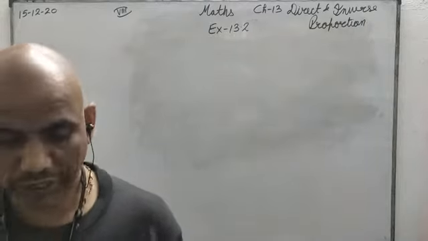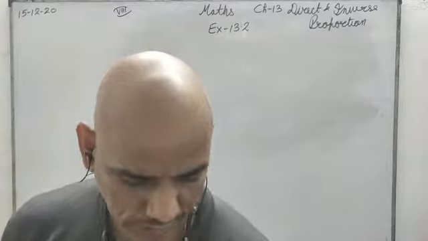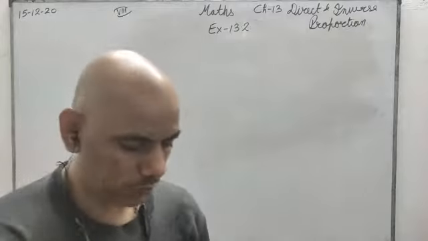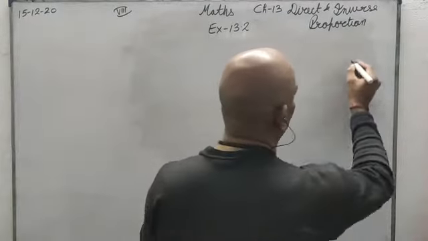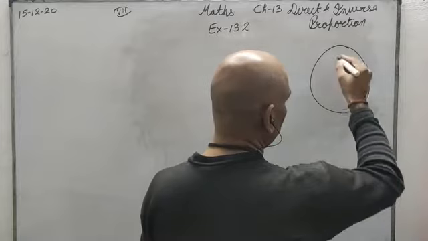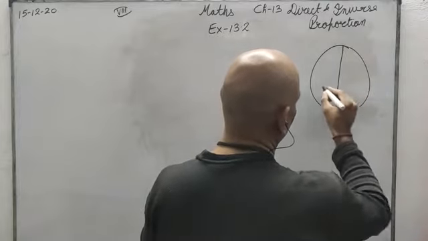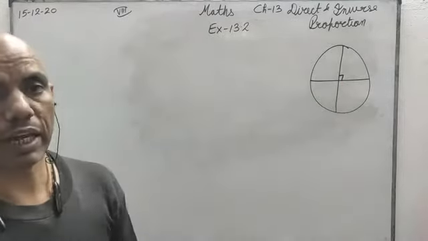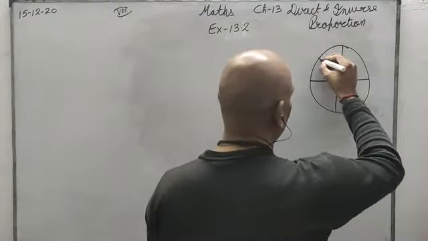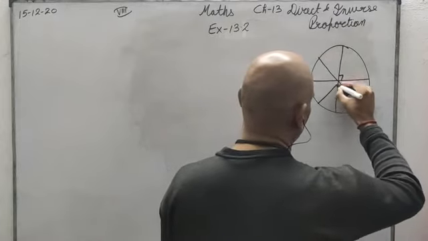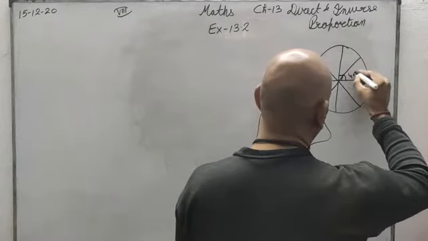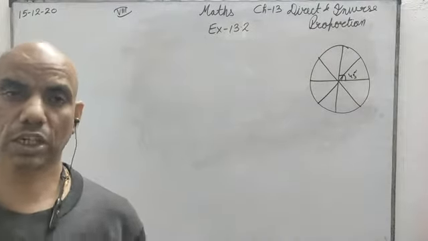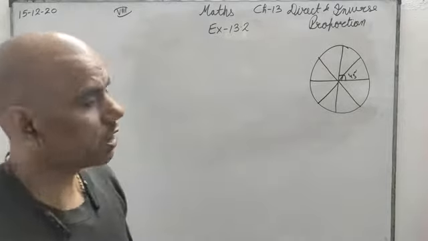A very important thing is how you will judge whether the case is direct proportion or inverse proportion. I gave you the example that if there are 4 spokes in a wheel, the angle between them will be 90 degrees. But when the number of spokes is 8, the angle between them will be 45 degrees. So the number of spokes is increasing and the angle between them is decreasing. So this is a direct case of inverse proportion.